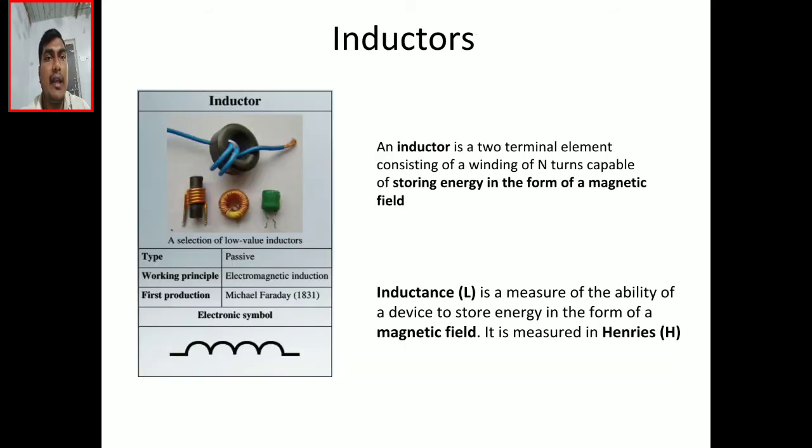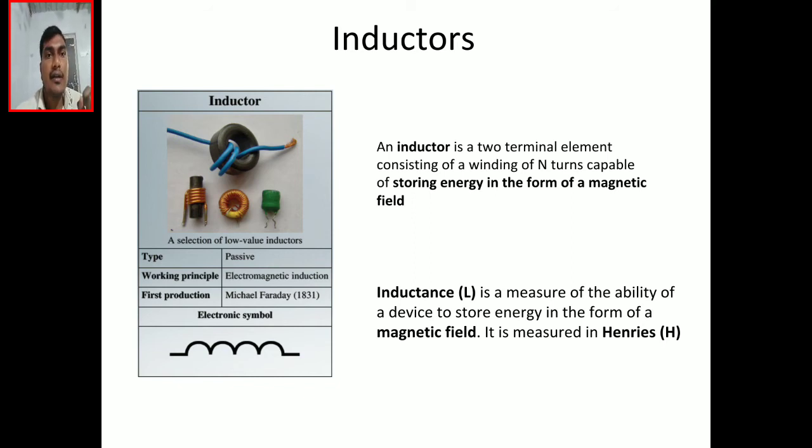Now we will discuss the inductor. An inductor is a two terminal device. The difference between the inductor and capacitor is that a capacitor stores energy in the form of an electric field, but an inductor stores energy in the form of a magnetic field. Simply, if we take a piece of wire and make it into a number of turns, it is called an inductor. I am showing here two types of inductors. I already told that it is a passive element, and its working principle is electromagnetic induction. I will discuss its uses in the next classes.